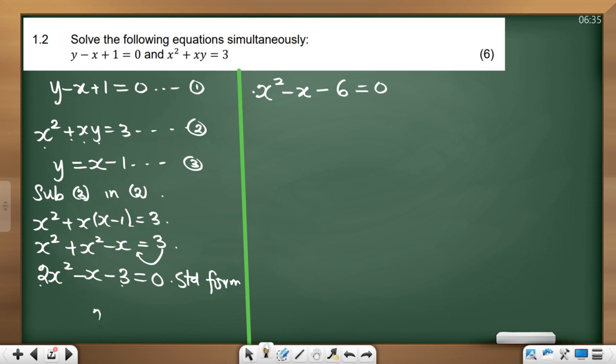I multiplied my 2 and my negative 3. Watch this. I'm going to use that information again. I'm sure here we can all factorize this. That's baby factorization, grade 8. (x minus